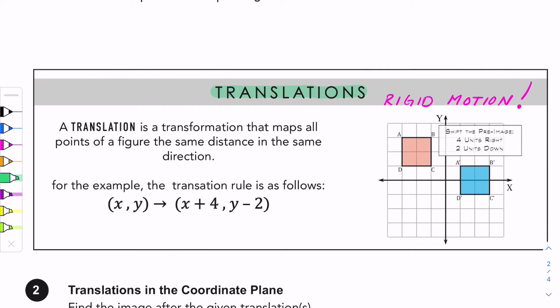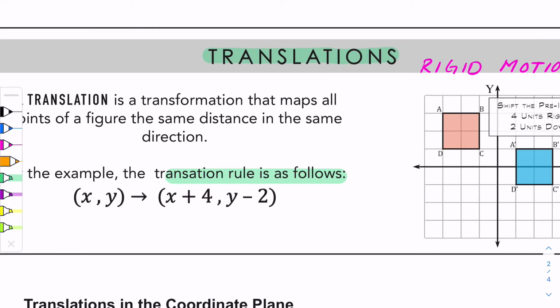So a translation is a transformation that maps all points of a figure the same distance in the same direction. So for the example that I gave you in this box, the translation rule is written as this, and you need to make sure you are writing it in the same way. So this is telling you that your original point x comma y, the arrow is telling you maps onto,